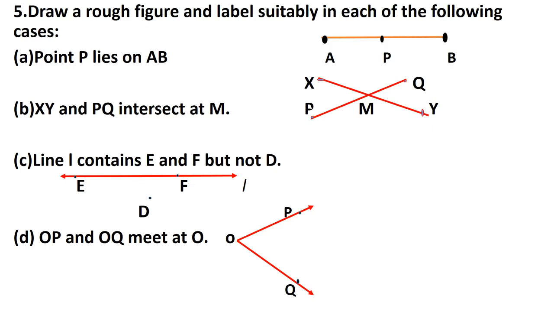Line on which O lies. You have to tell the name of that line in which O is there. So you can write either CO or BO. From these two you can write any one.